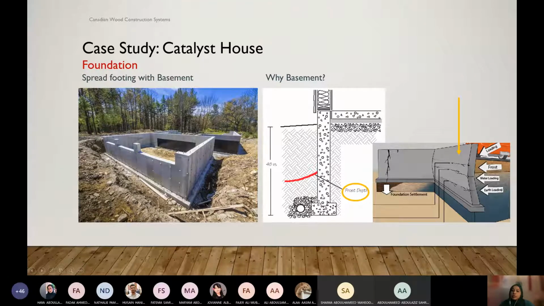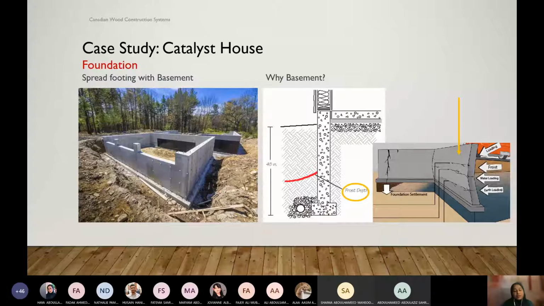But at some depth, if you dig a little bit below, you could see that the soil at that point doesn't change much in temperature. It is kind of uniform in temperature at certain levels. So what is that depth? We call that frost depth. And in Calgary, where I'm living, it's close to 4 feet.